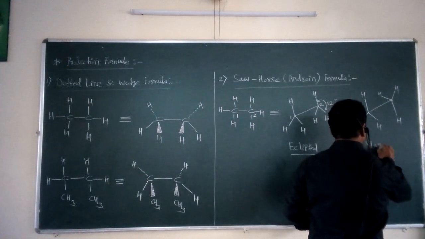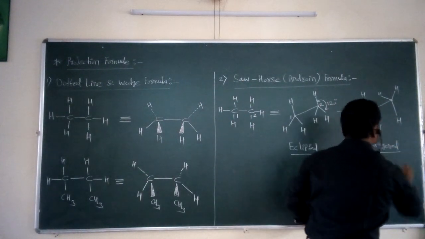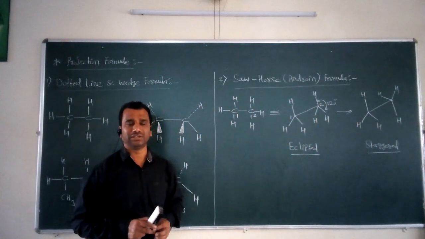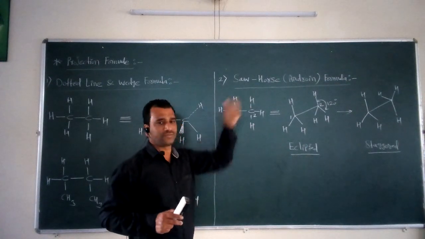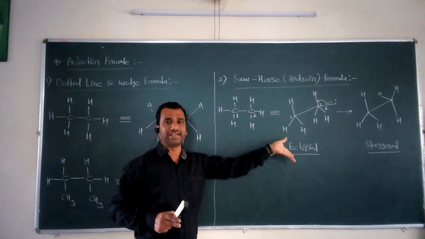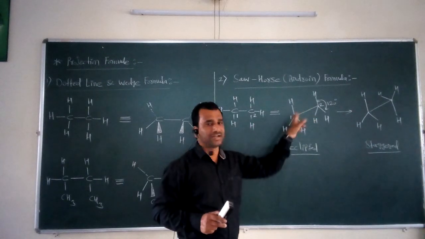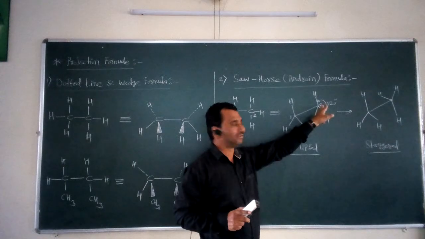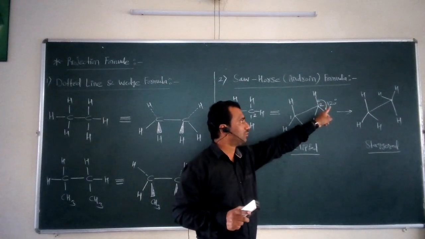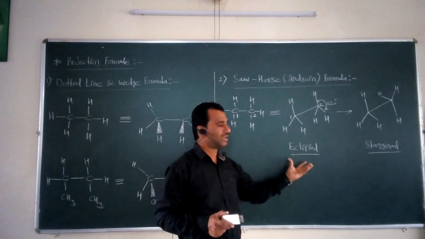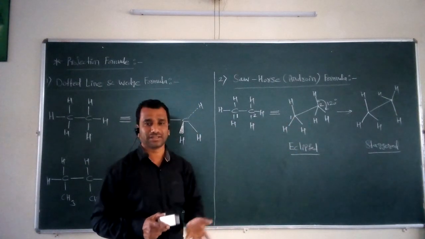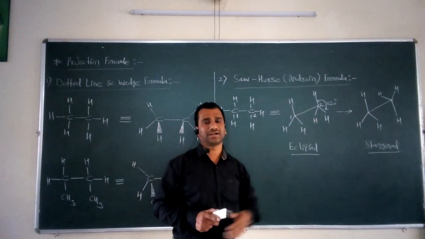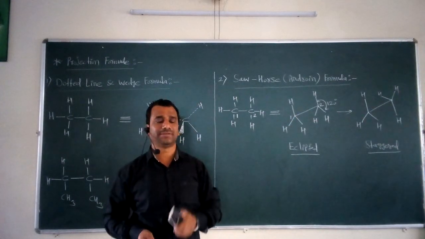It is called the staggered conformation for ethane molecule. So you can say that this is a simple method for drawing a molecule in a three-dimensional view. That is the Sawhorse formula, in which firstly we have to draw the eclipsed formula, that is nothing but two inverted Y alphabets joined together with an elongated line, in which the bond angle between these two adjacent single bonds is equal to 120 degrees. Once we obtain this eclipsed formula, we can convert it into another form called the staggered formula, just by rotating the bond between this carbon and carbon atom. So this is one simple example of the ethane molecule.